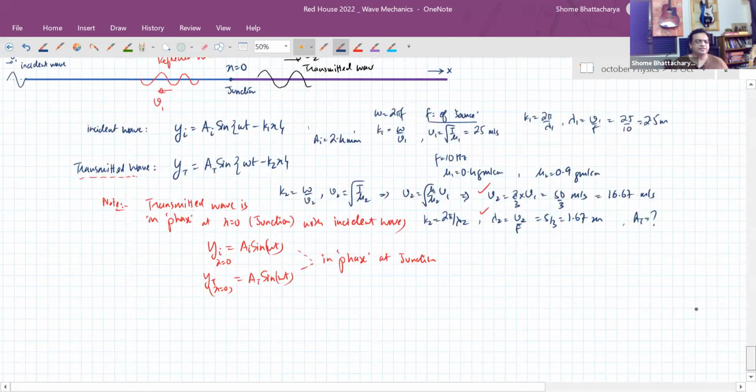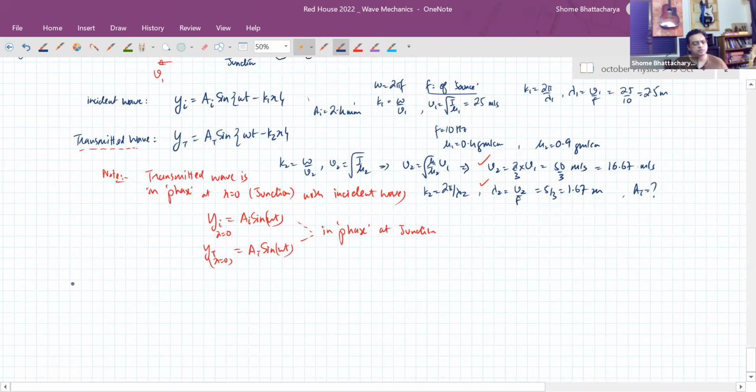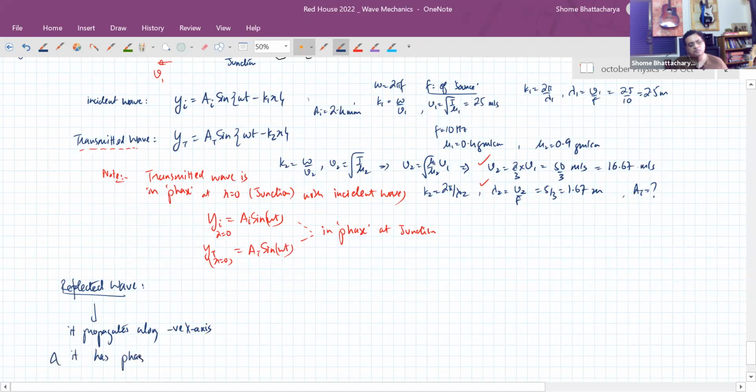Okay, so now let's write the equation for the reflected wave. Here we have to understand two things about the reflected wave. One, its direction of propagation is along the negative x-axis. And secondly, it has phase inversion with respect to the incident wave at the junction,